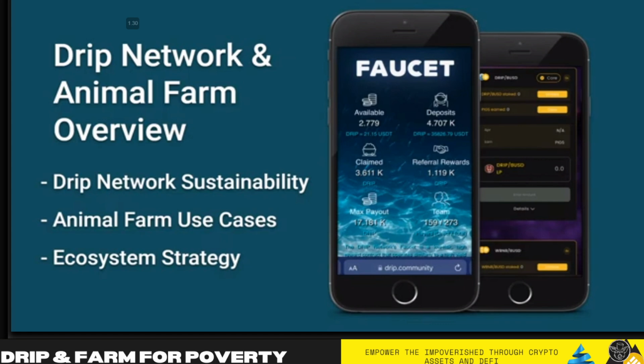So these mechanisms prevent any one person from running away with the system. And this is different from any other daily ROI platform. Drip innovated all of these mechanics. Now, there is also